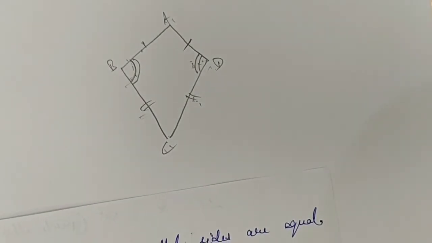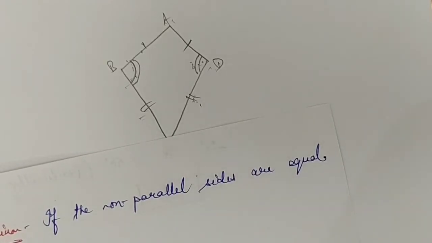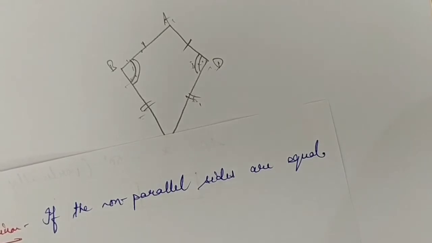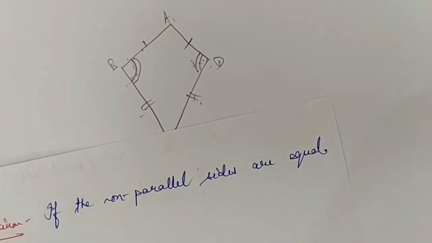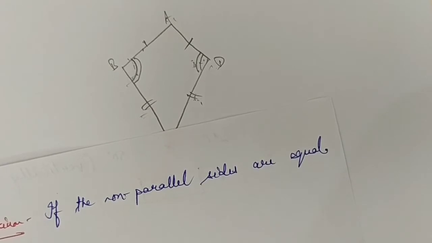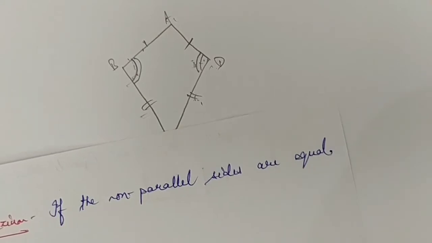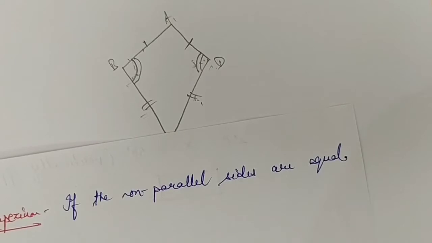Now moving further, the exercise 3.3 is very much simple. Also after the kite we have discussed the parallelogram, and parallelogram is much simpler. The opposite sides are equal and parallel. The opposite angles are equal, and diagonals of a parallelogram are not equal. I have told you in the 7th standard also by the paper cutting method,